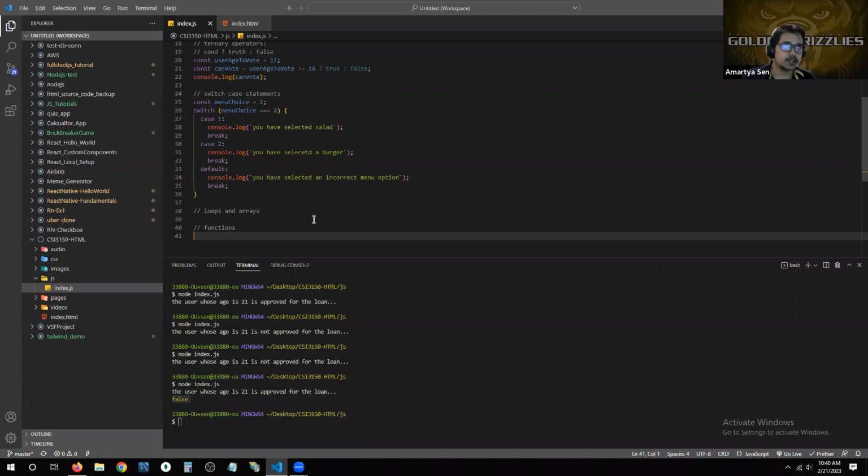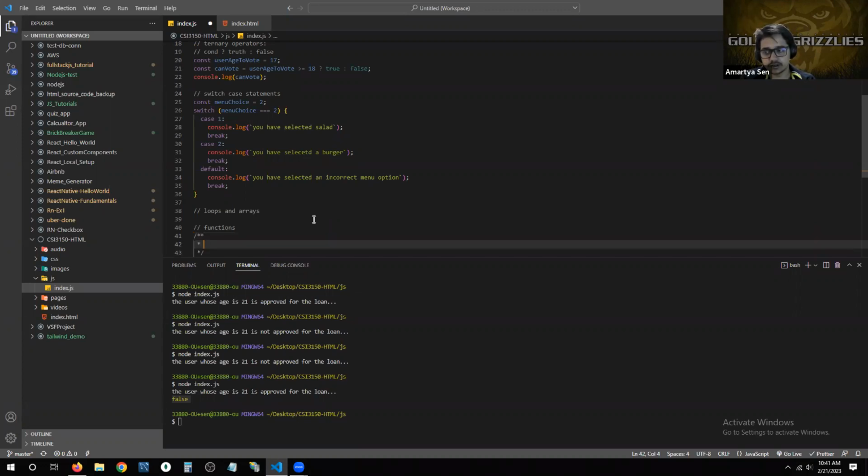Because after, I think, version 16.8, React.js has moved from class-based development towards more functional-based development, right? So this is something that you need to be very familiar with. So just to give you a quick crash course on functions, just to jog your memory,